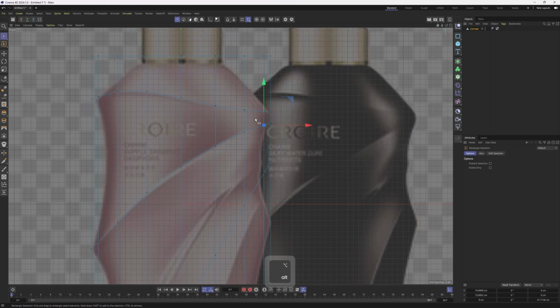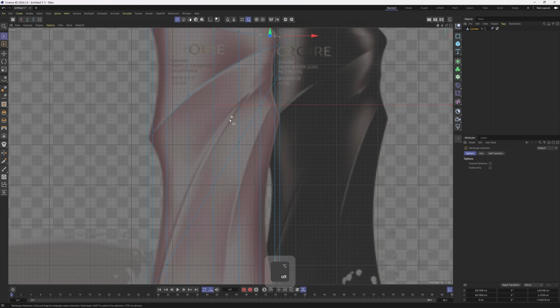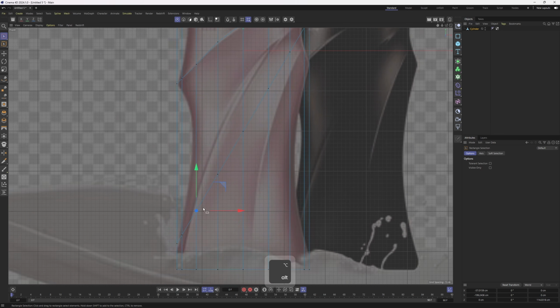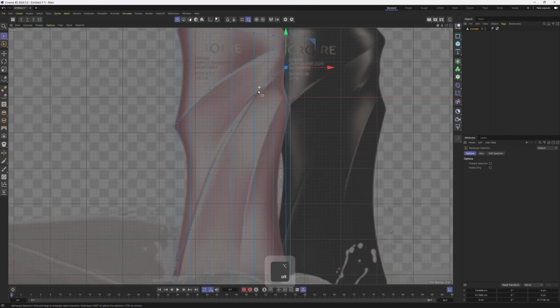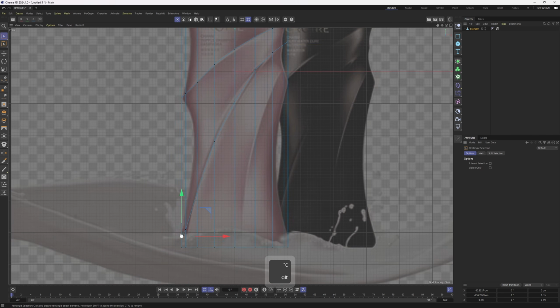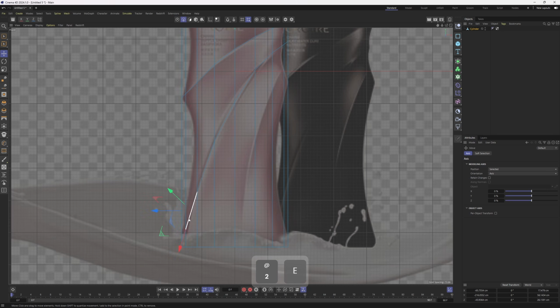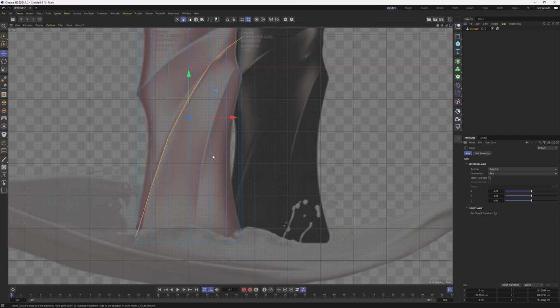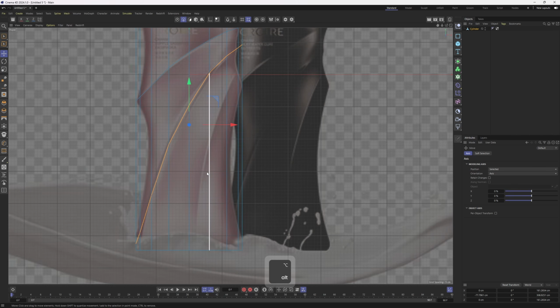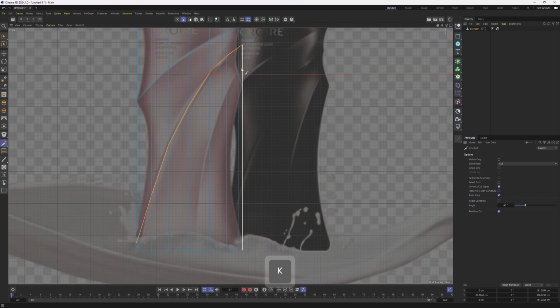I will not try to get every detail I see in this image plane, step by step. Okay, we got the rough shape. Now after these edges, it's gonna get a little bit different or difficult, because after these edges we need to change the flow of the edges going down. Otherwise we are gonna start to get triangles if I try to add